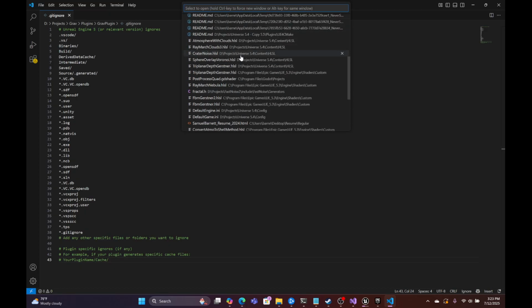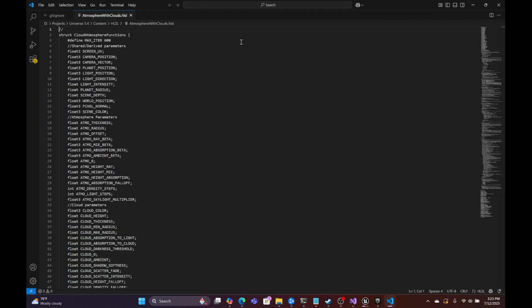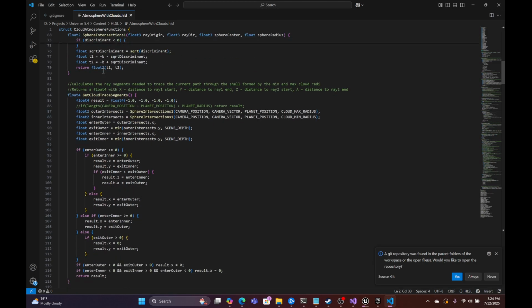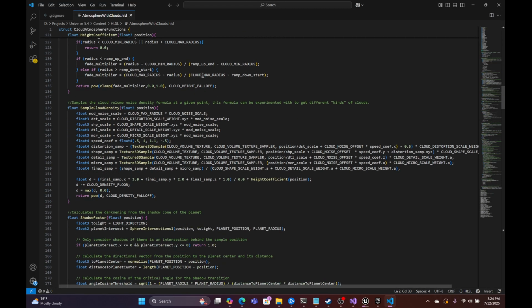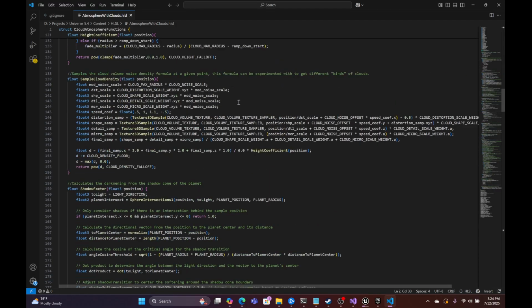Here we go. So for example, here's my atmosphere shader. It defines a bunch of stuff. What I mean by wrapping it with a struct is that you can define a struct here, my cloud atmosphere function struct, and that wraps all my helper functions and ray marching stuff, 3D noise texture sampling stuff,